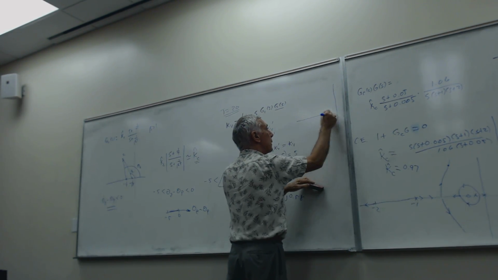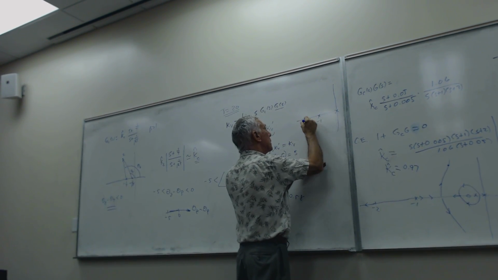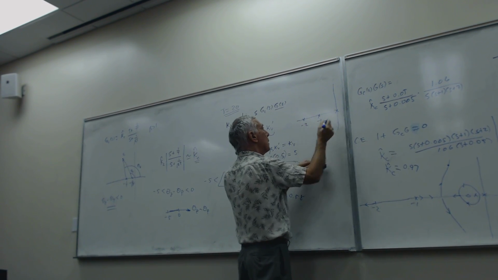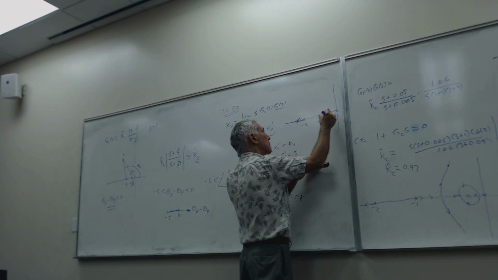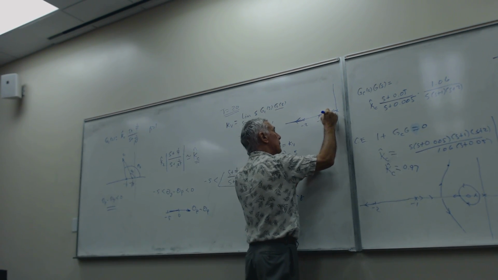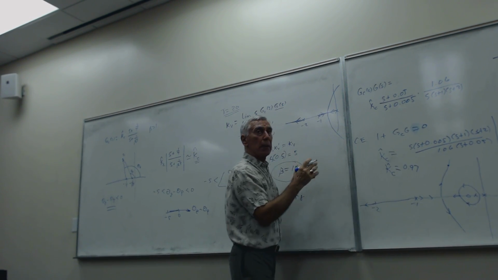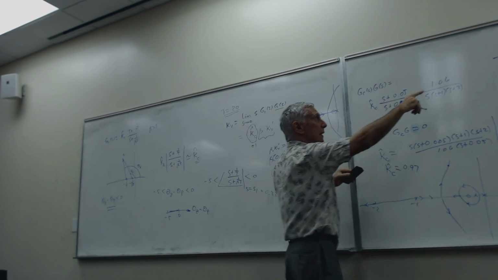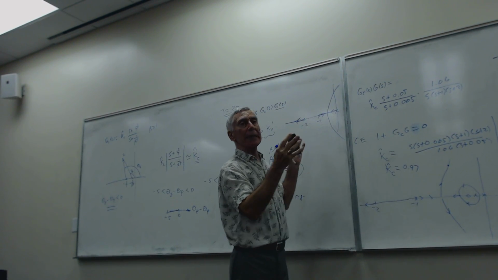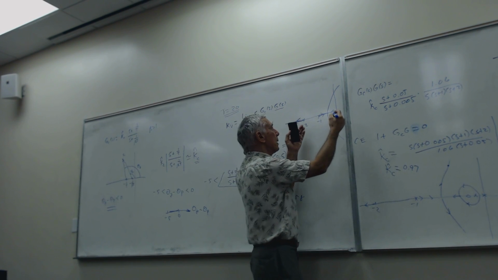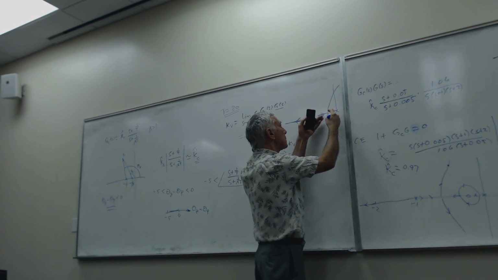We have a pole at the origin, a pole at -1, and a pole at -2. This root locus exists here and here. It breaks away somewhere here, and it goes into the right-hand plane eventually. And this is with unspecified gain k. K equals 0 here, k equals 0 here, k equals 0 here, and as k increases,